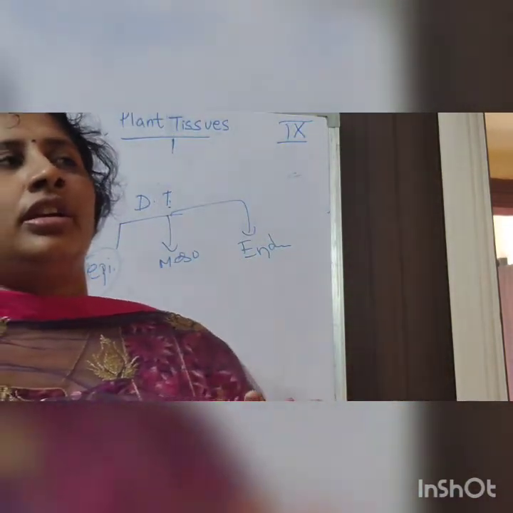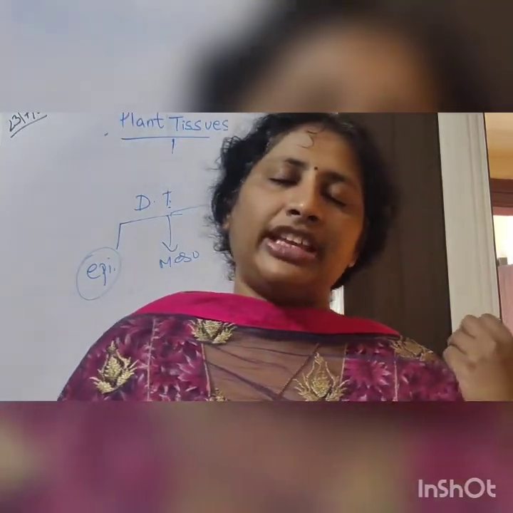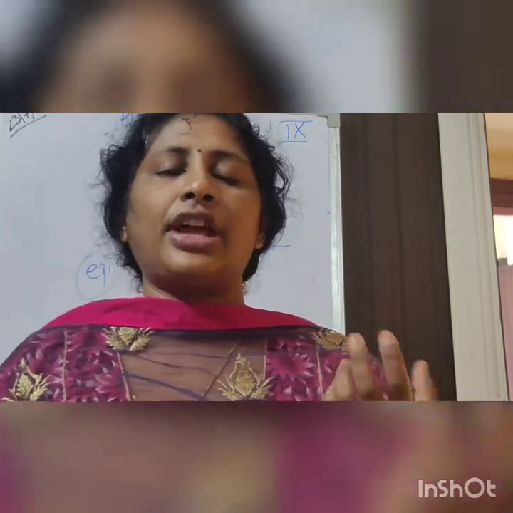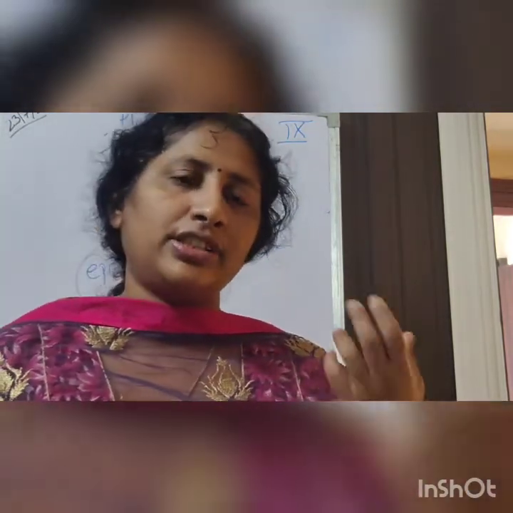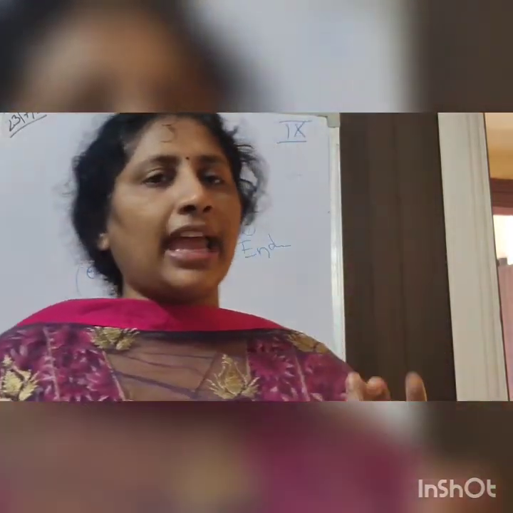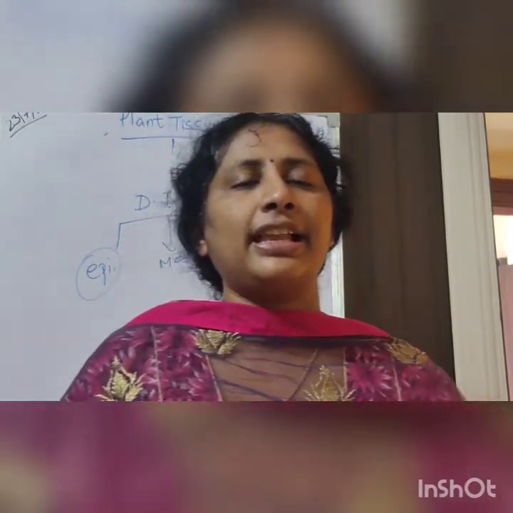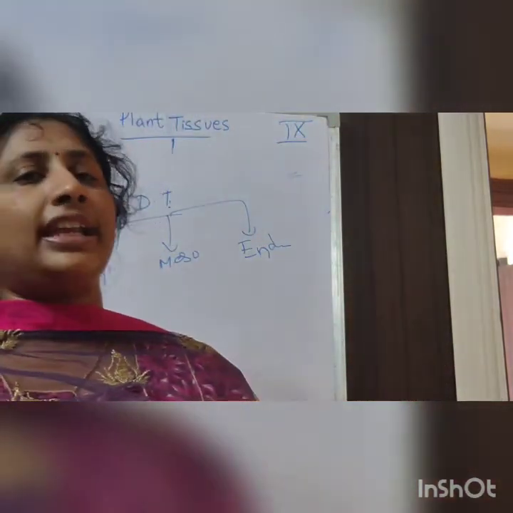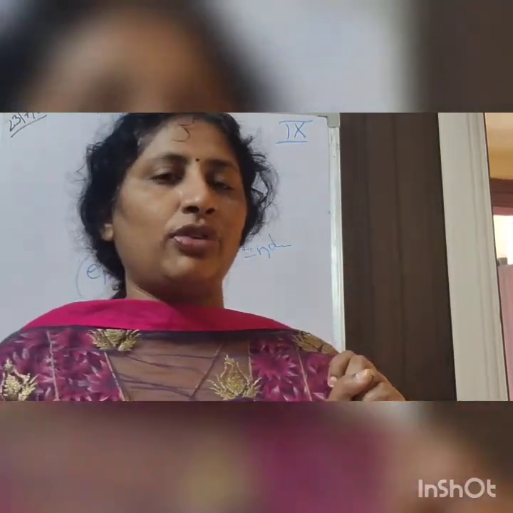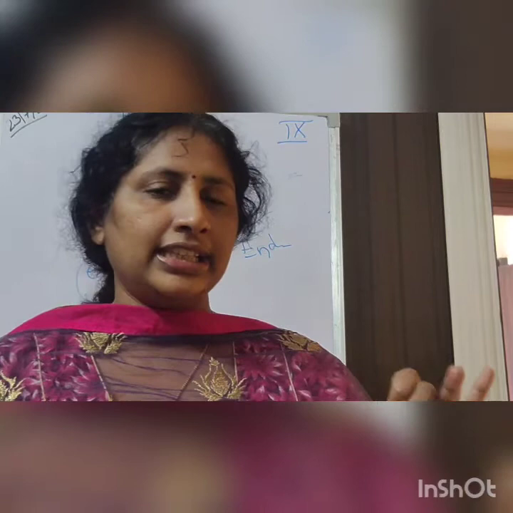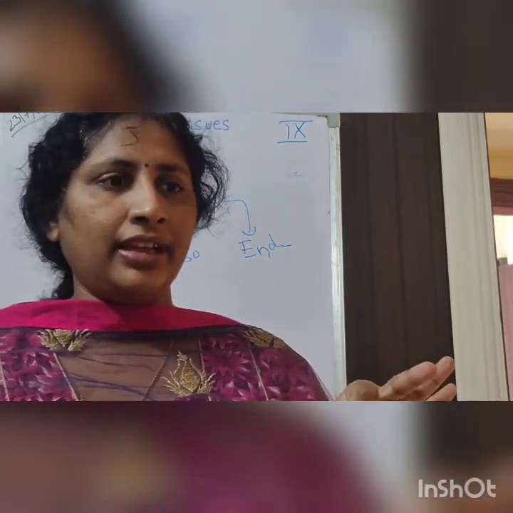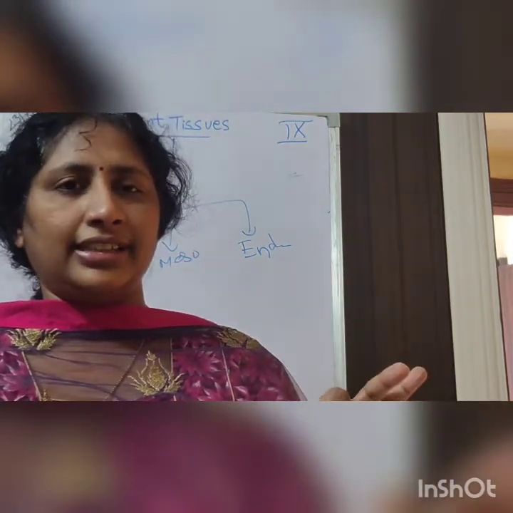Okay. Next, coming to vascular tissue. The very important tissue in the plant is vascular tissue, which helps in transport of food, water and minerals to the entire body. So in this we will study two types, xylem and phloem. Xylem helps in the transport of water and minerals. Xylem is divided again into four types. What are they? Xylem vessels, xylem fibers, xylem parenchyma and tracheids.